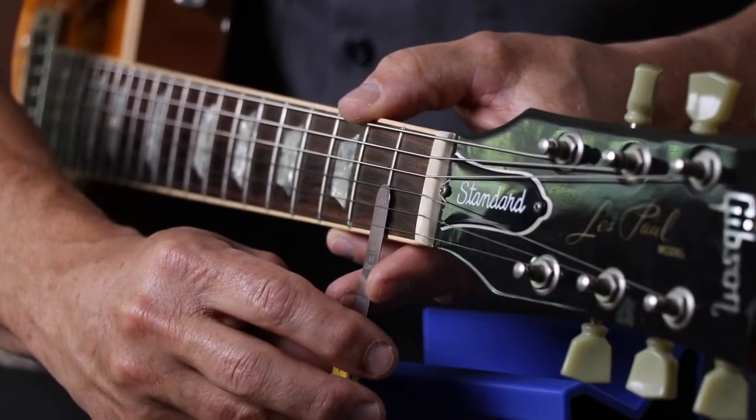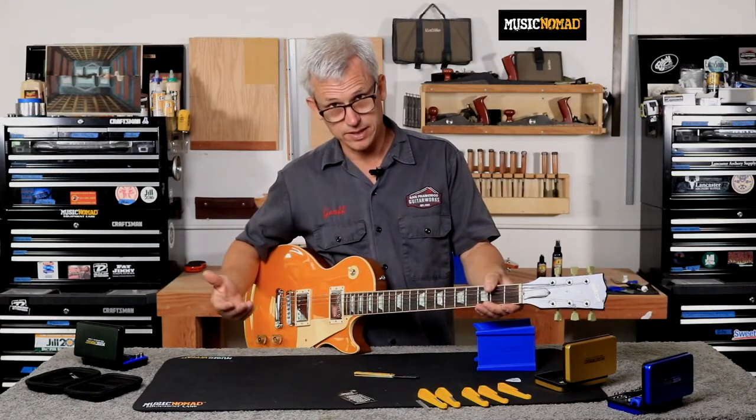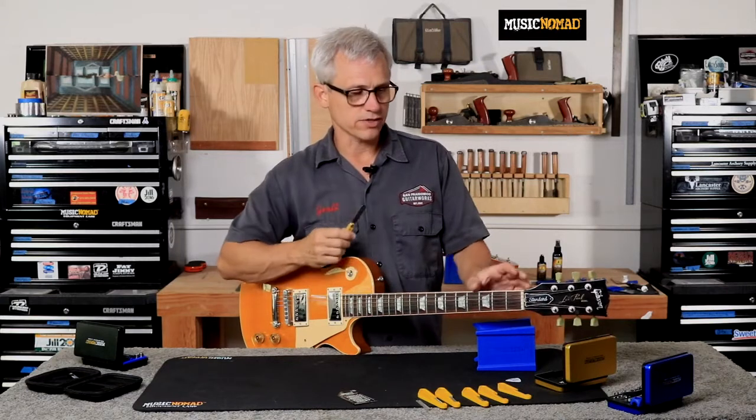It is low again. The G is a little low, so I'll again pluck the string, and I'm not getting any buzz. That's one of the good things about these measurements. They're on the safe side. So if you're at this spec, your guitar is going to play in tune and very comfortably, and it should